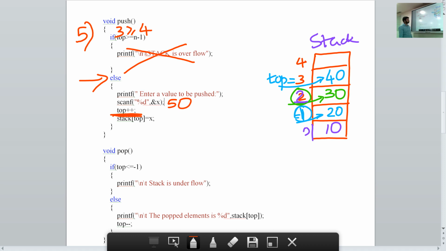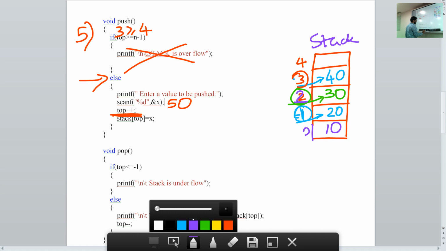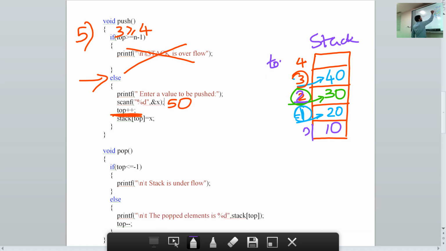When you increment, we increment the value of top, not x. Present value of top is 3. When you increment it, top value will be equal to how much? Top value will be equal to 4. So the new value, that is 50, will be inserted at array index 4.